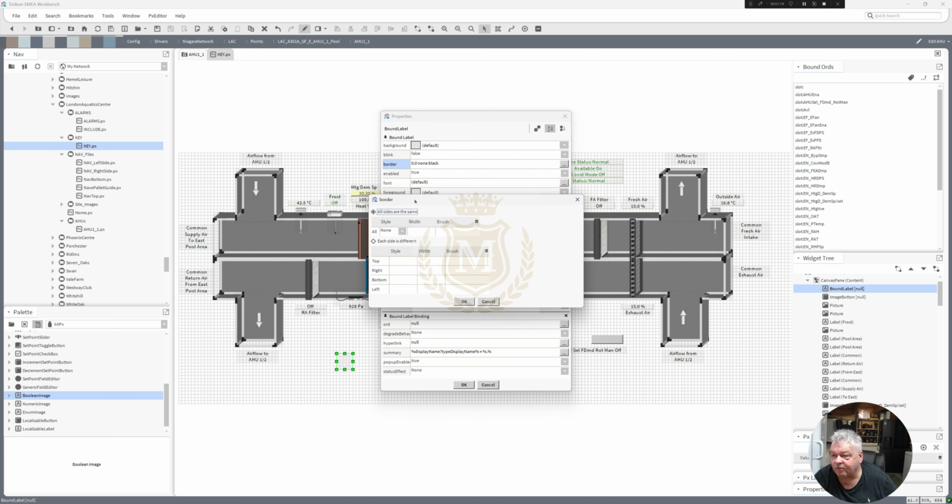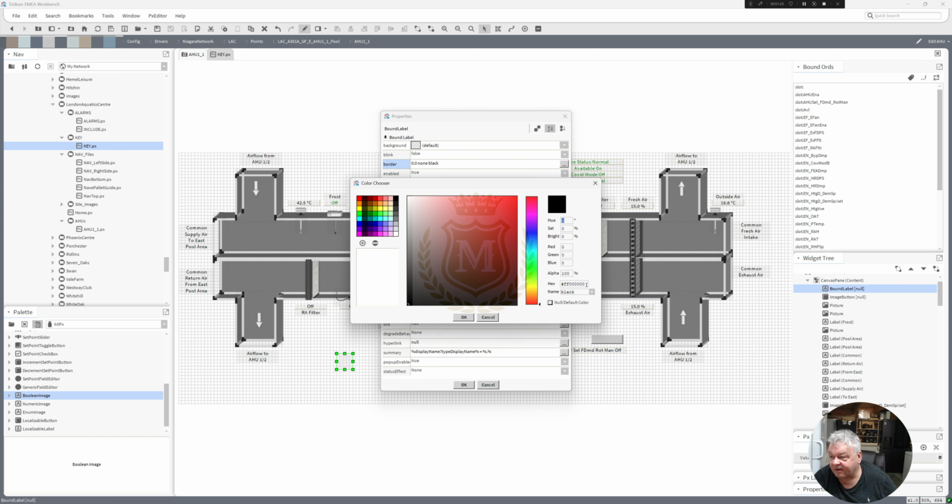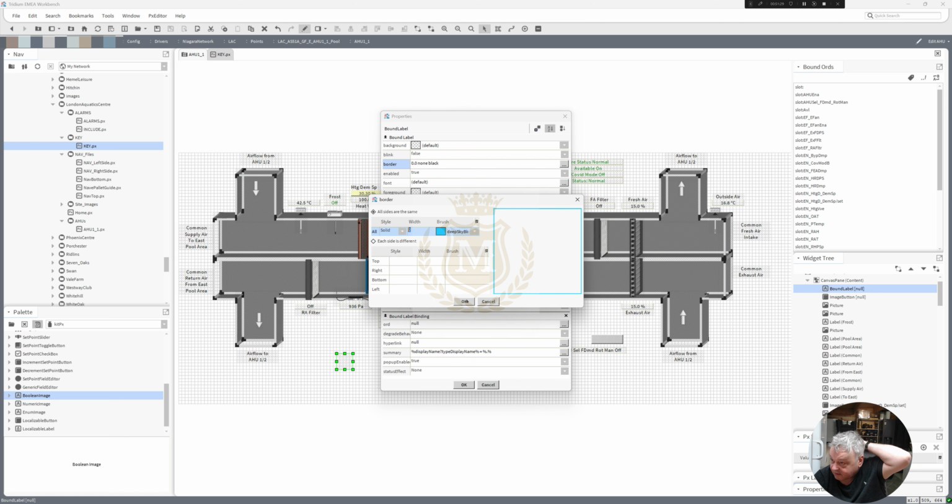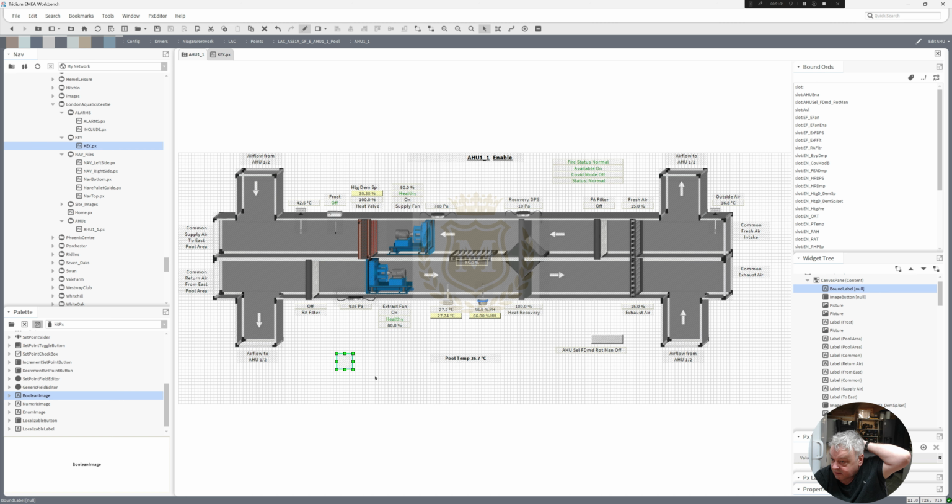So let's put a border on there, solid of 2, and then put my colour as my standard default colour that I'll be using, and then I can put that just around that,